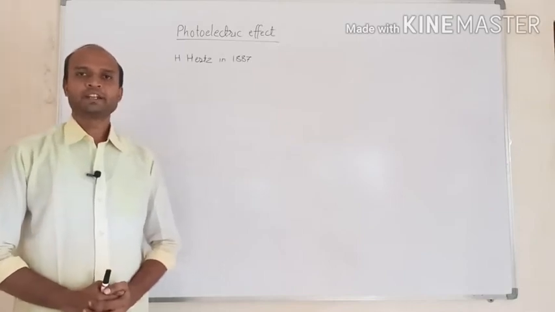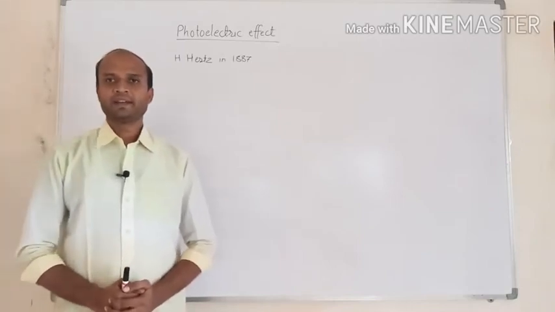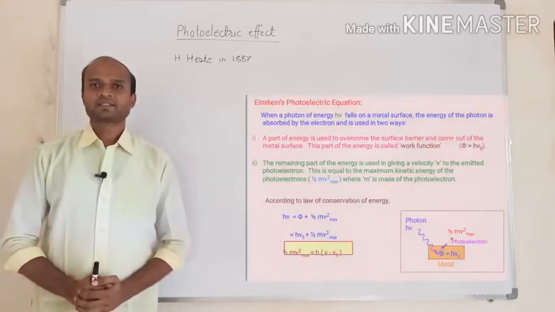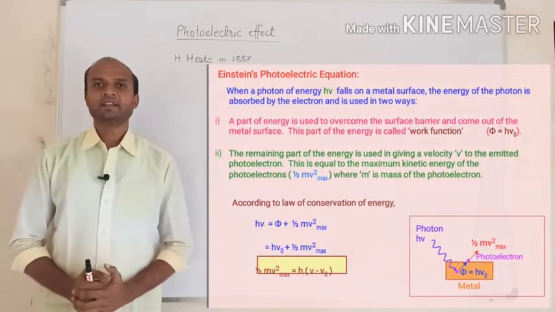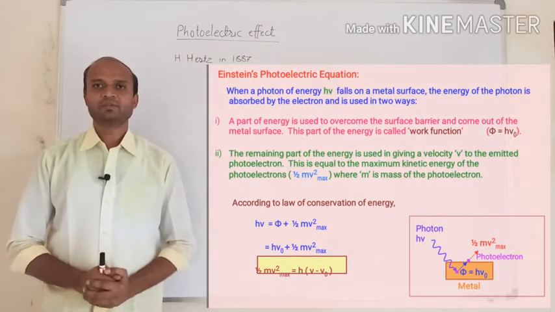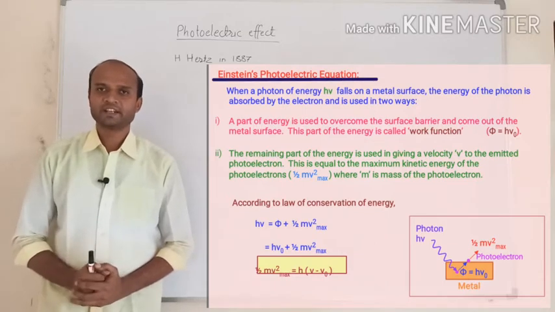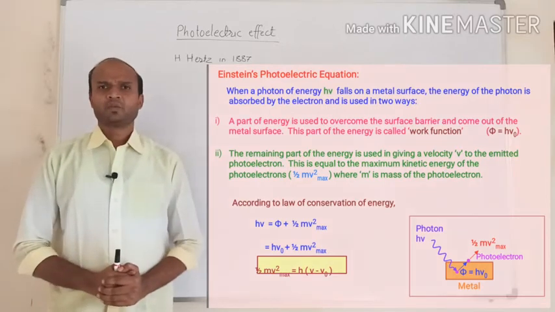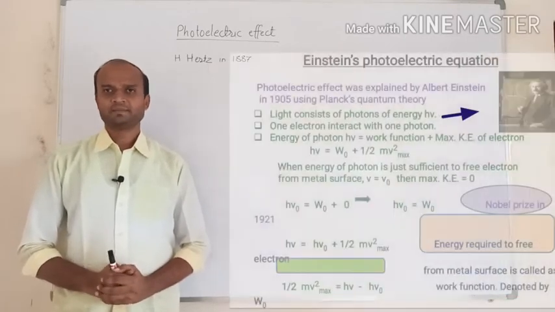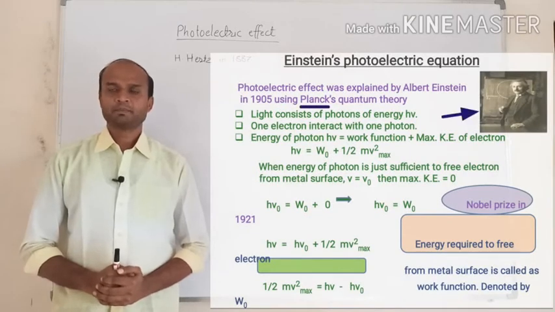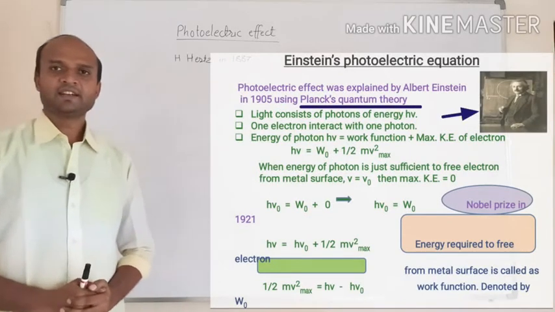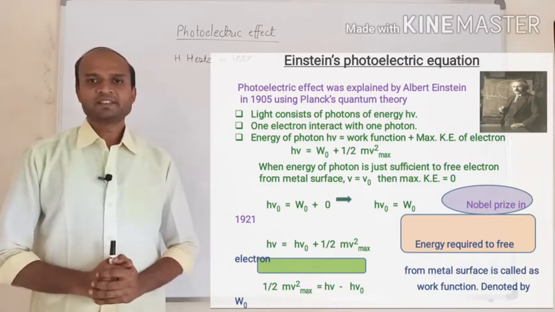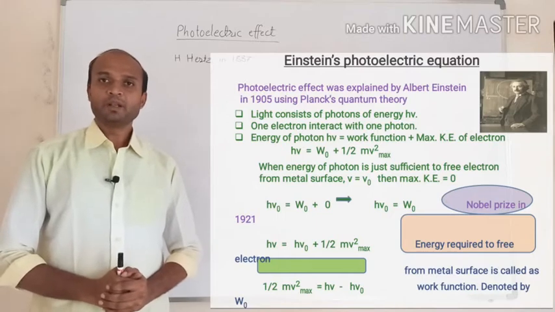Explanation of the photoelectric effect was given by the great physicist Albert Einstein by using Planck's quantum theory, and here Einstein derived an equation which is also called Einstein's photoelectric equation. The photoelectric effect was explained by Einstein using Planck's quantum theory, and for this explanation Albert Einstein was also awarded a Nobel Prize